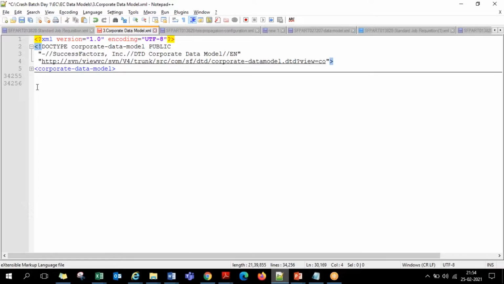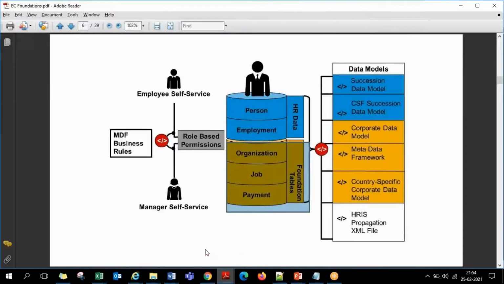Okay, so in the process of reducing the dependency on XML and bringing things onto the front end, in late 2015, in November 2015, a concept called the metadata framework was introduced. This is the metadata framework. It is a platform that reduces the dependency on XML and brings things onto the front end. In that process, not the complete corporate data model has been brought to the front end. Partially it has been brought.